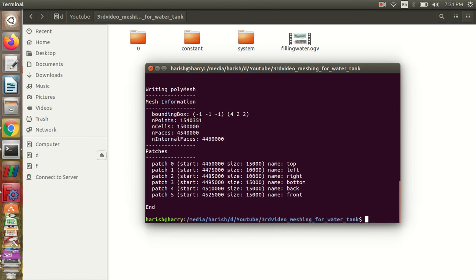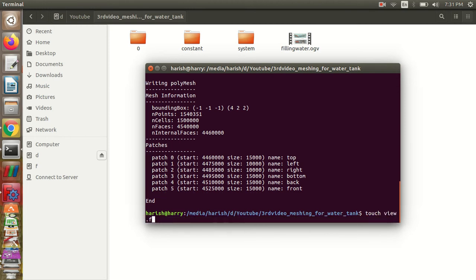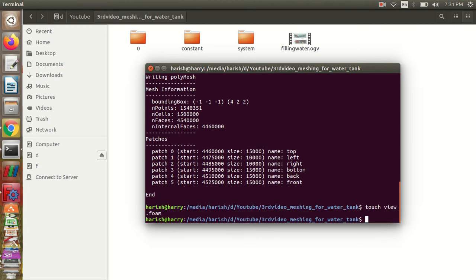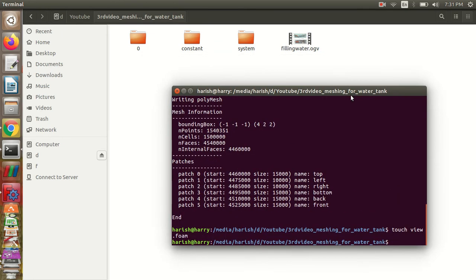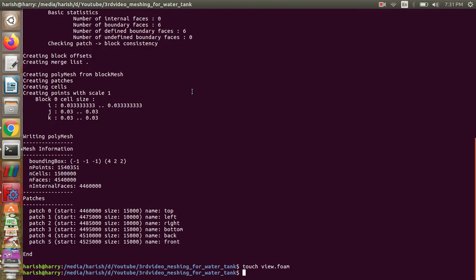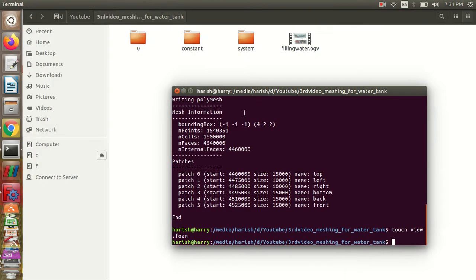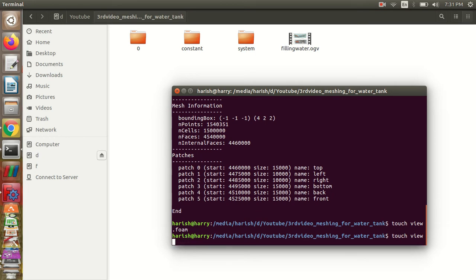We can view this with the help of ParaView, before which I'll just create a file for viewing. I think there was some problem, so I'll just see why.